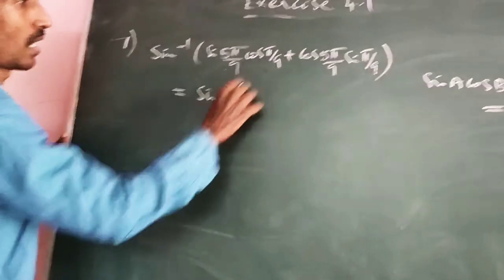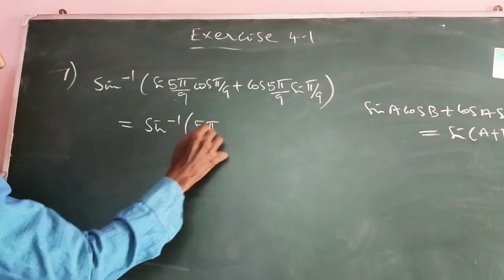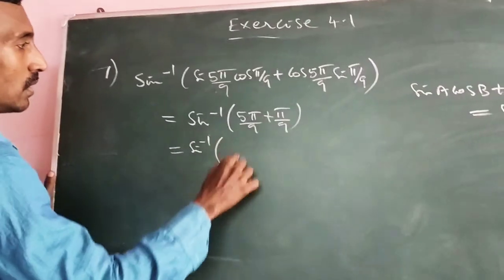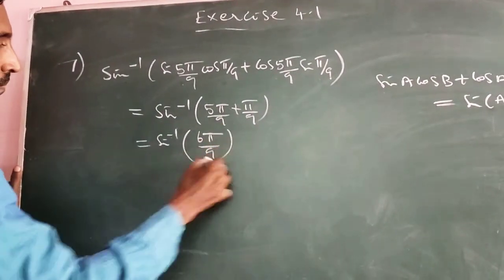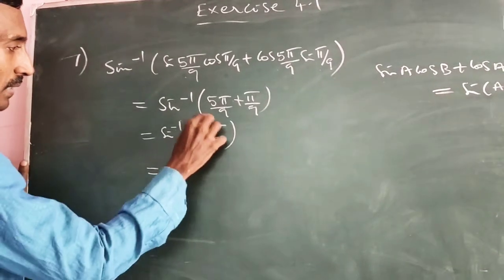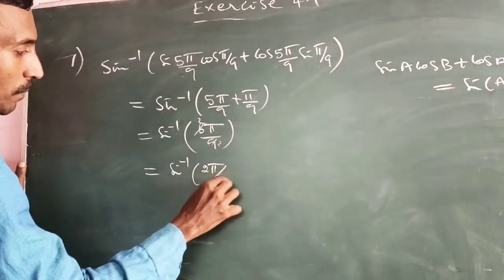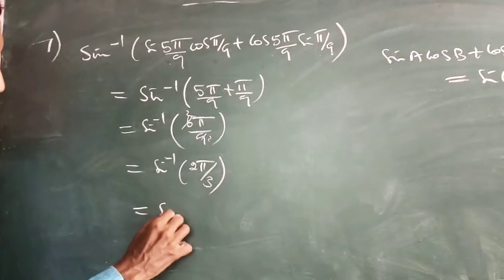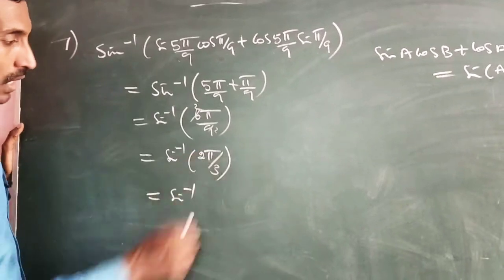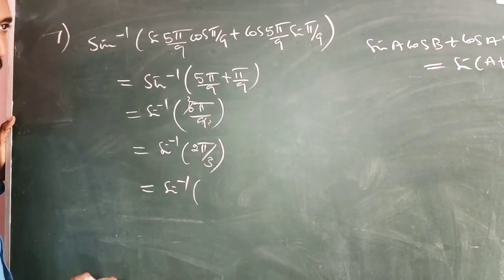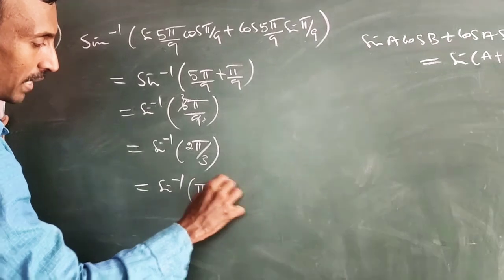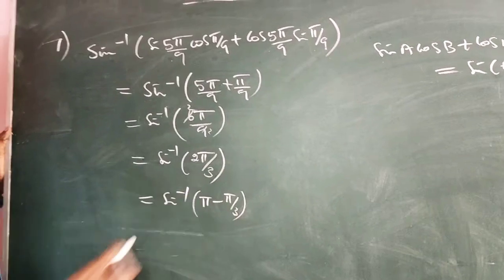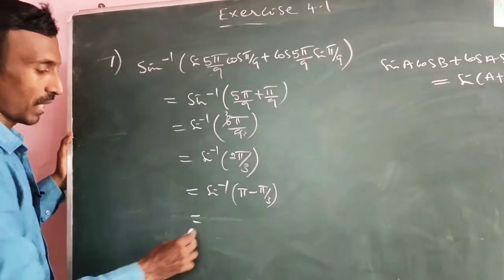So sine inverse of sine (5 pi by 9 plus pi by 9), so totally 6 pi by 9, which is 2 pi by 3. So we already know that we need to convert into the principal domain. So sine inverse of sine 120. 2 pi by 3 means 120. It can be written as 180 minus 60. So sine (180 minus theta),